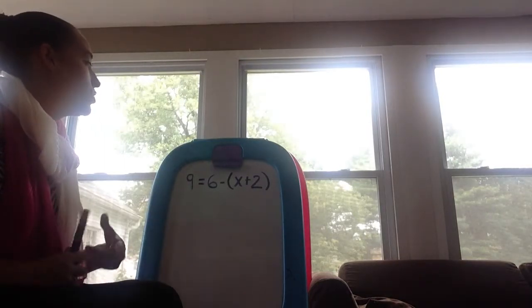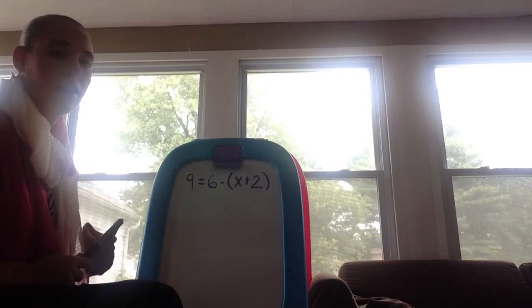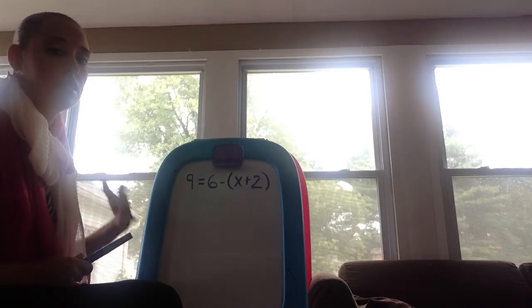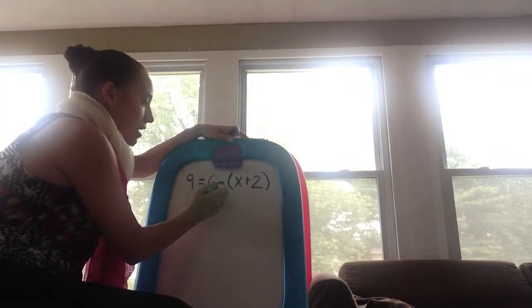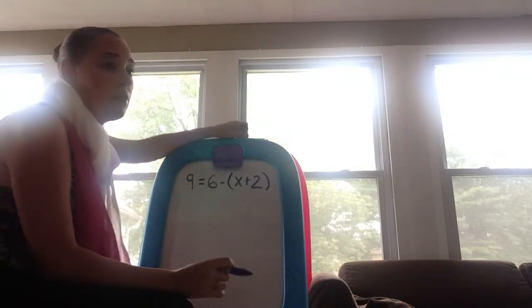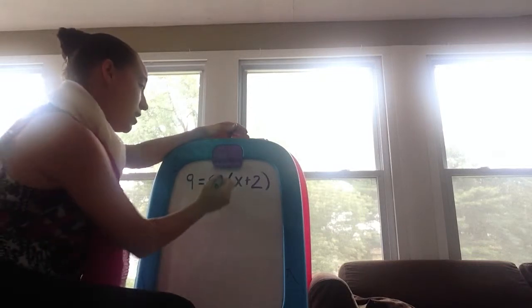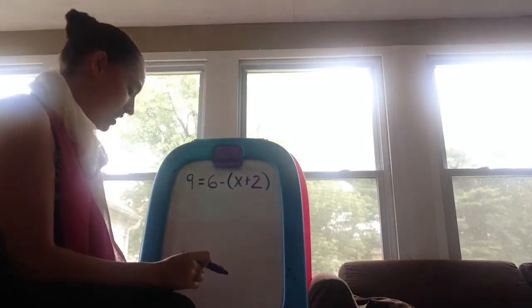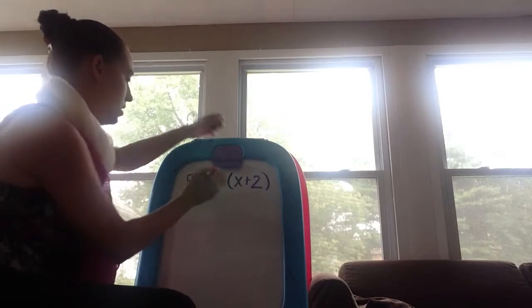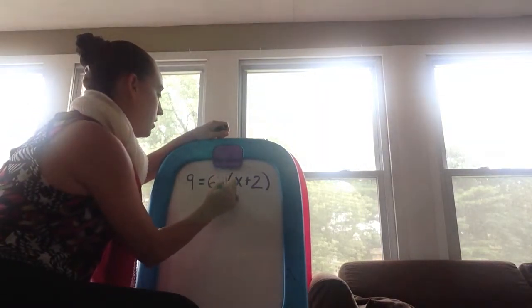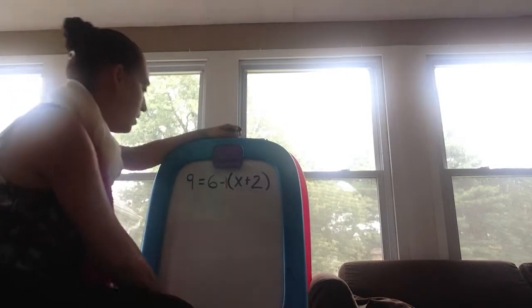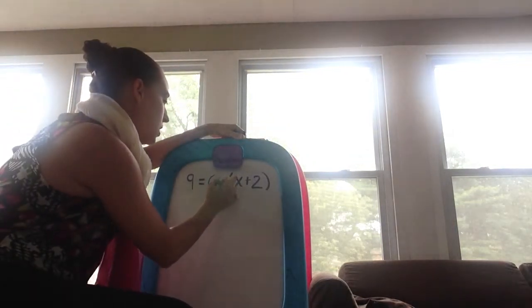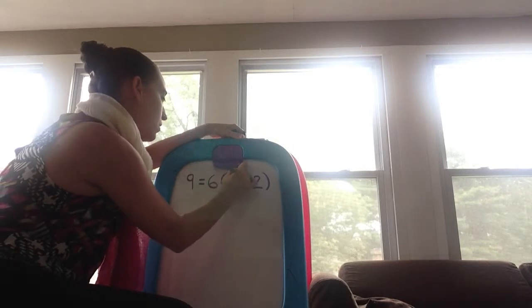Okay, so you would distribute first, then combine like terms, step 1, step 2, okay? So I have the negative. For those of you that makes it easier, you can put a 1 here. If that physically makes it easier for you, you can make 1 right here, because it's the same thing as saying -1, okay? So what I'm going to do is distribute this negative to the x,